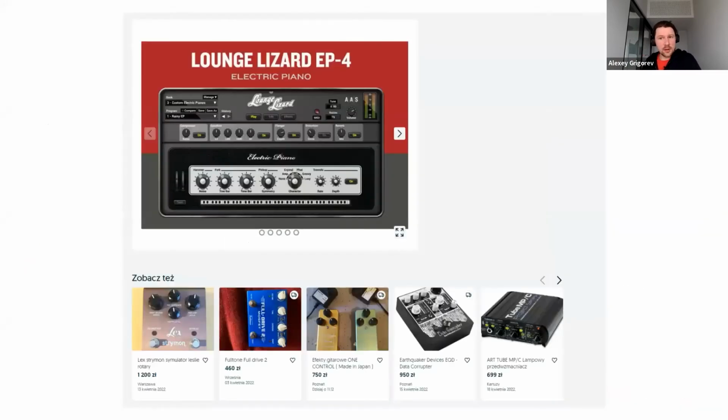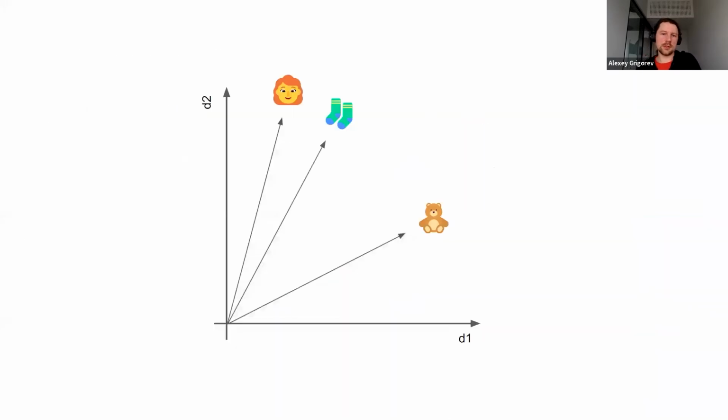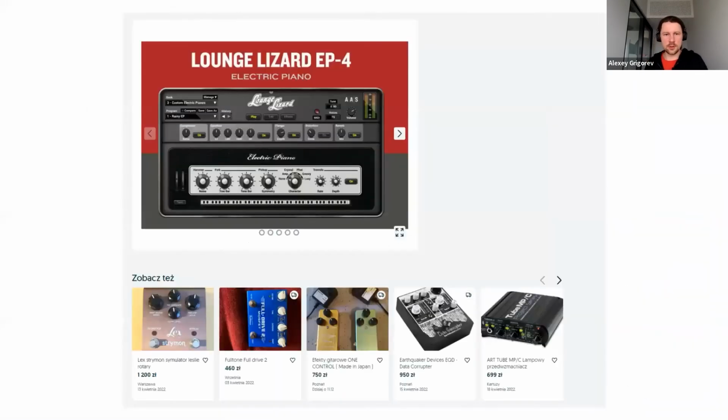And there is another recommender system we have. Previously I showed you the home feed, but also let's say if I click on this thing here, something for acoustic guitars, I think, this is what it shows me, and this is the main item.